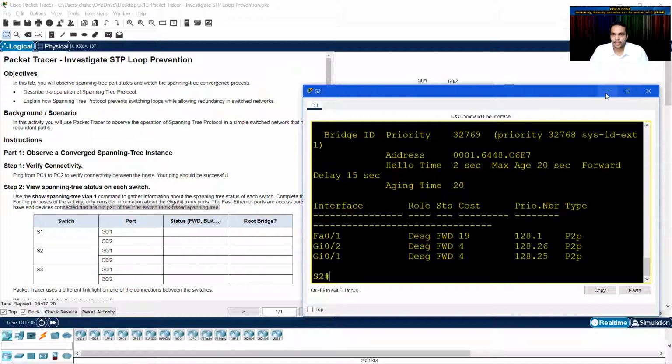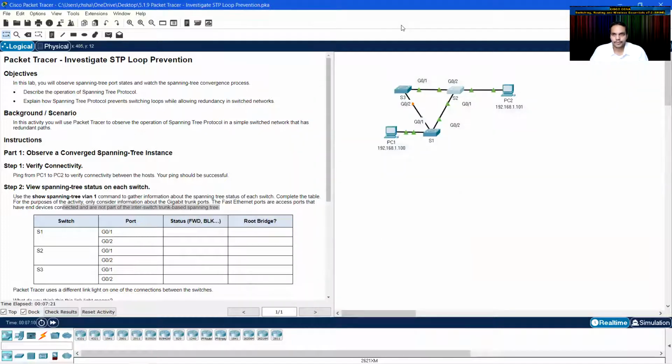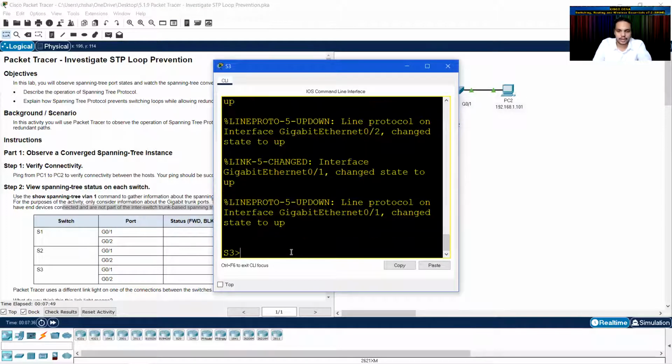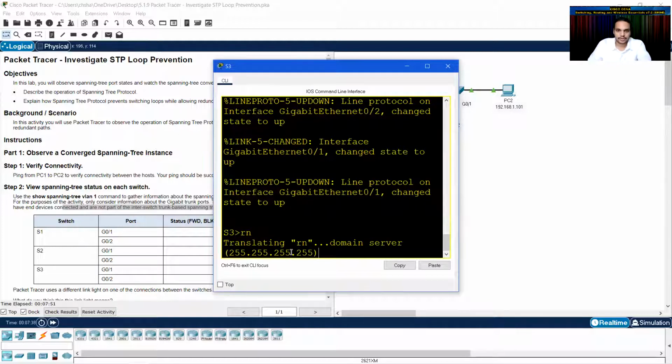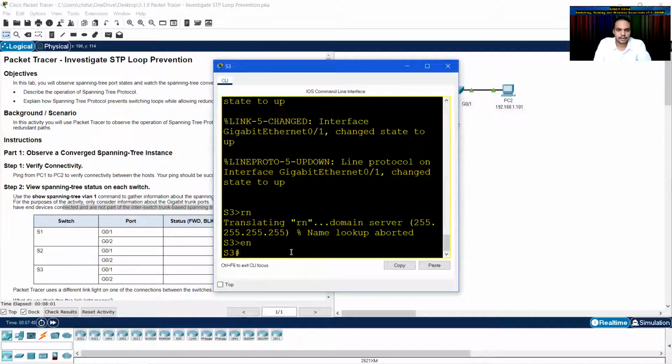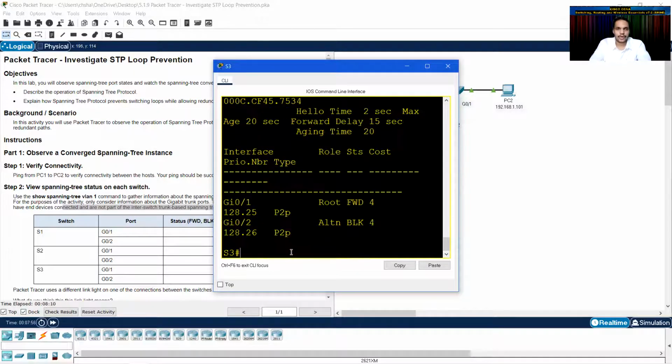Let me check out the same on S3 also. On S3, let me do the same thing here. So enable, and here show spanning-tree vlan 1.